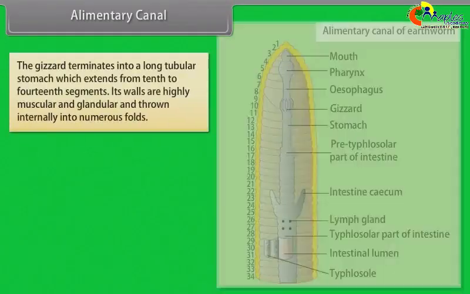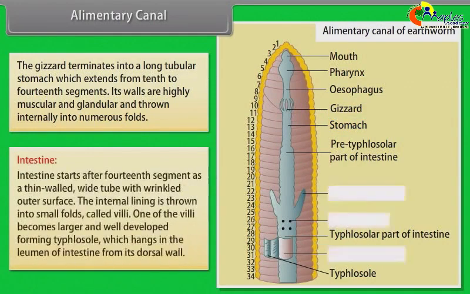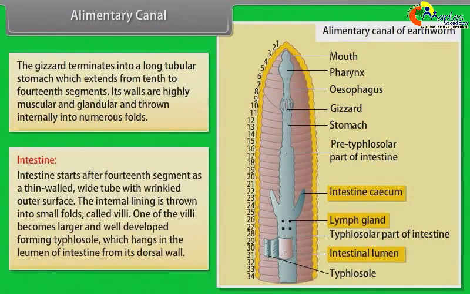Alimentary canal. The gizzard terminates into a long tubular stomach which extends from 10th to 14th segments. Its walls are highly muscular and glandular and thrown internally into numerous folds. Intestine. Intestine starts after 14th segment as a thin-walled, white tube with wrinkled outer surface. The internal lining is thrown into small folds called villi. One of the villi becomes larger and well-developed, forming typhlosole, which hangs in the lumen of intestine from its dorsal